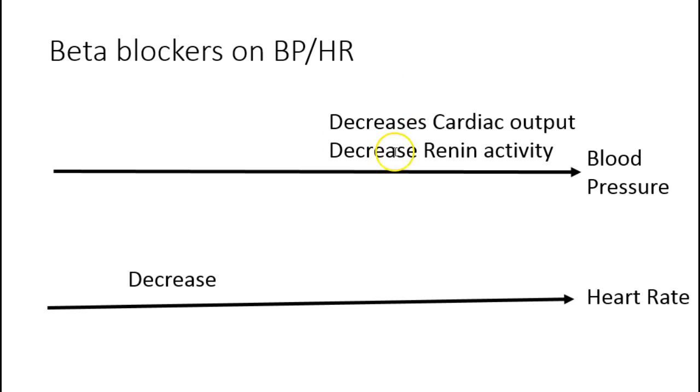A beta blocker blocks beta-1 receptors in the heart, and that would cause decreased cardiac output as well as decreased renin activity. Because of these two effects, you would see net decrease in the blood pressure, and that's why beta blockers are also used in the treatment of hypertension. And as far as the heart is concerned, as it blocks beta-1 in the heart, it would cause net decrease in